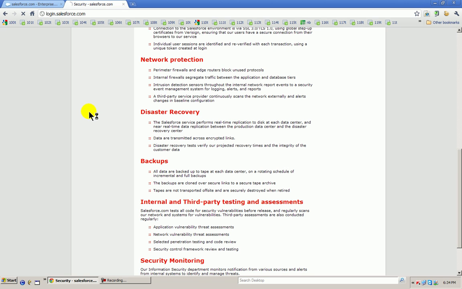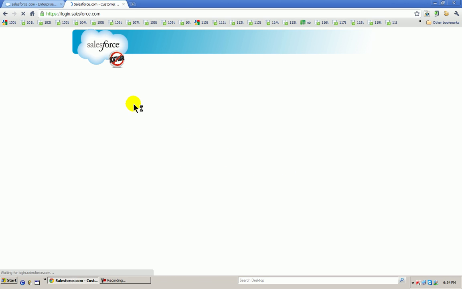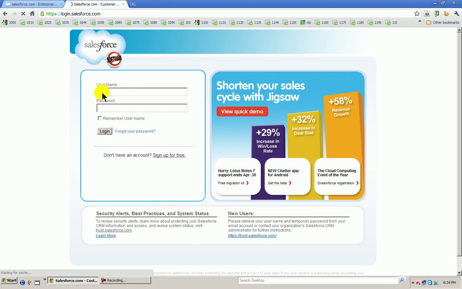Login.salesforce.com. I'll come to my demo page. Actually, that was the demo instance. I can't do it. So, Bushaji @ Cloud computing event of the year demo.com. What is my password?